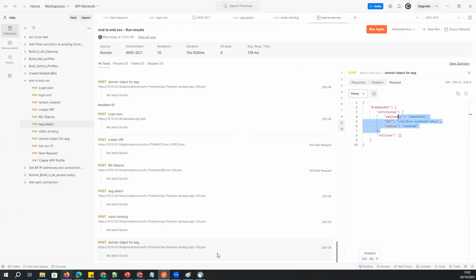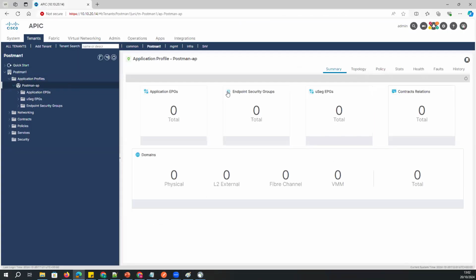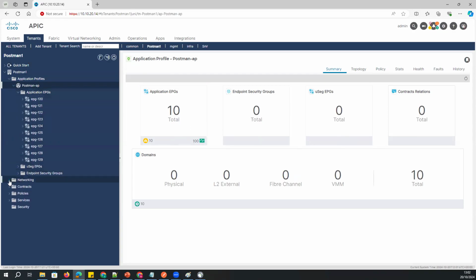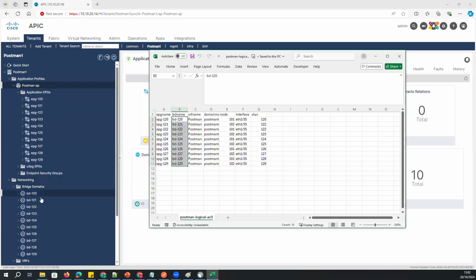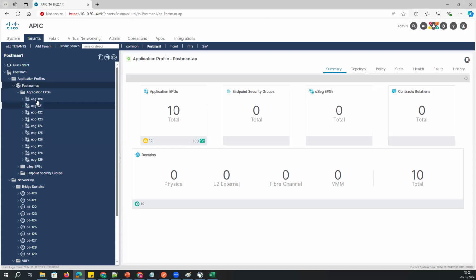Now, if I go to my tenant or my EPG and refresh this page, I should see the 10 EPGs. 10 EPGs, right? Inside the EPG, if you see the VRF, everything is created. The bridge domain is also created, with the exact same bridge domain and settings which I had under my Excel format. Exact same has been created over here. If I go to my EPGs,